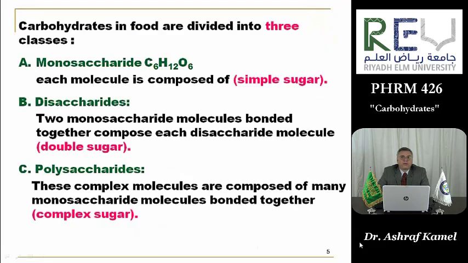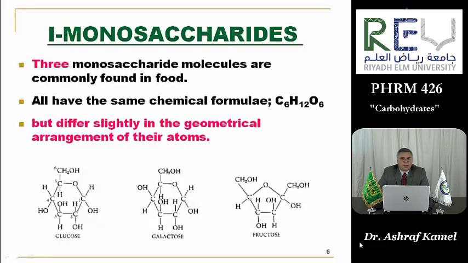Carbohydrates in food are divided into 3 classes. The monosaccharides: each molecule is composed of 1 simple sugar. Disaccharides: 2 monosaccharide molecules bonded together compose each disaccharide molecule. It's a double sugar. And the polysaccharides: these are complex molecules. They are composed of many monosaccharide molecules bonded together. It's a complex sugar. The monosaccharides: the 3 monosaccharide molecules commonly found in food are glucose,